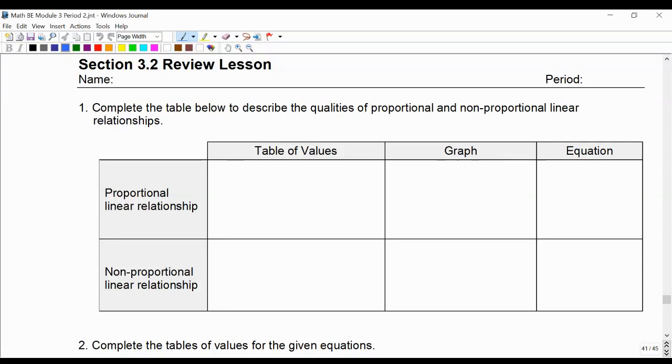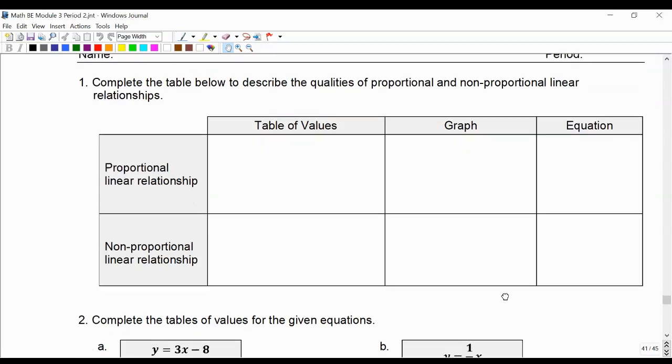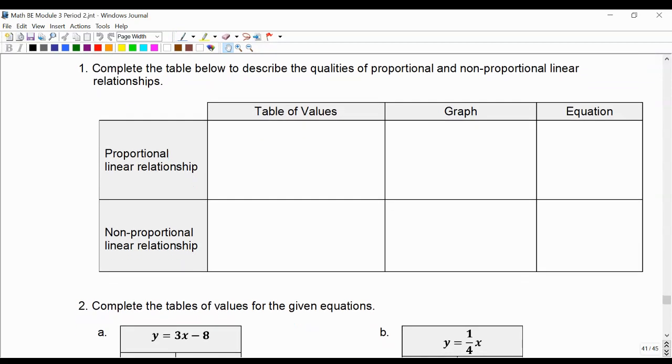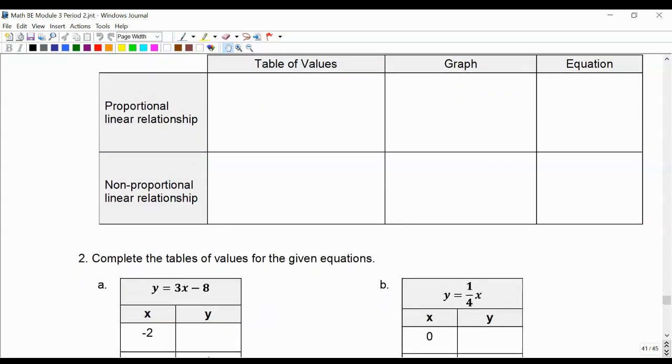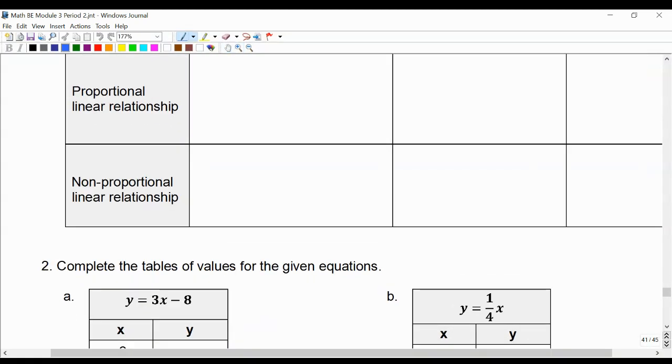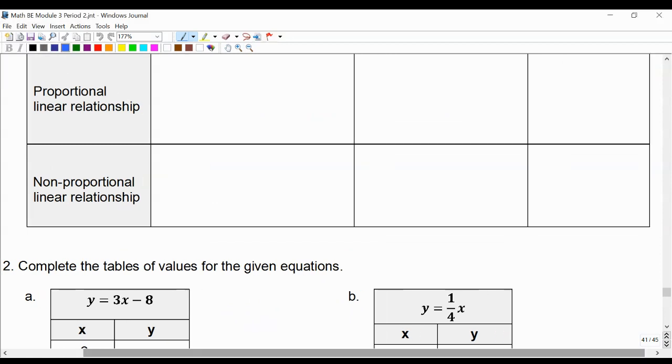We're looking at the section 3.2 review lesson. We're going to look at a sampling of problems from the first page. It says complete the table below to describe the qualities of proportional and non-proportional linear relationships. We'll focus on non-proportional. So non-proportional, for the table of values, the first important bullet point is that the y